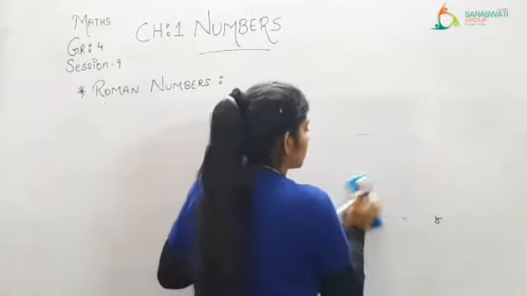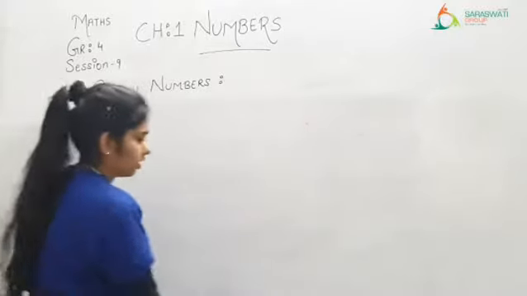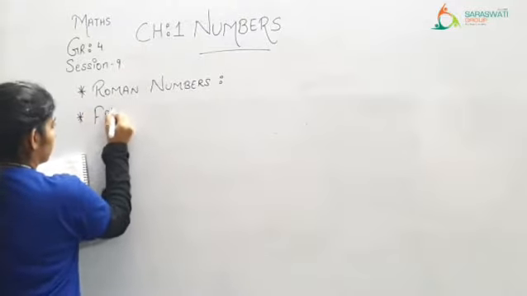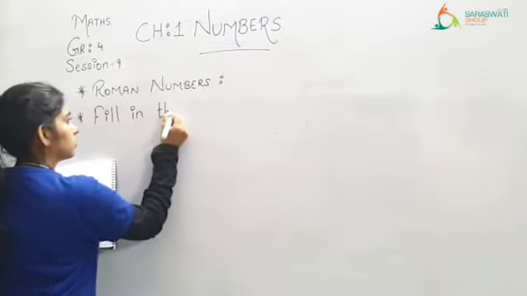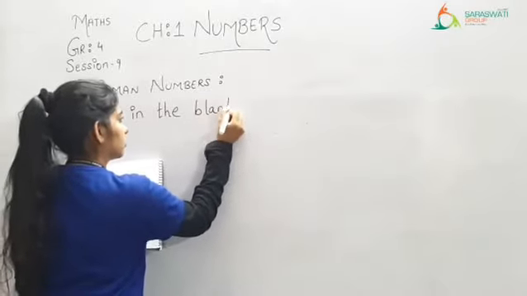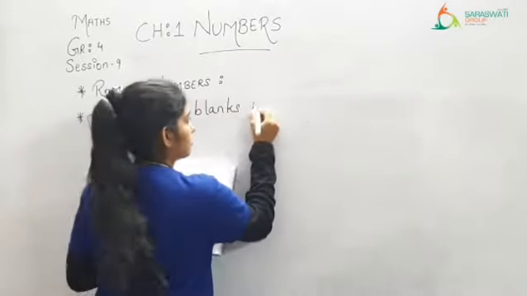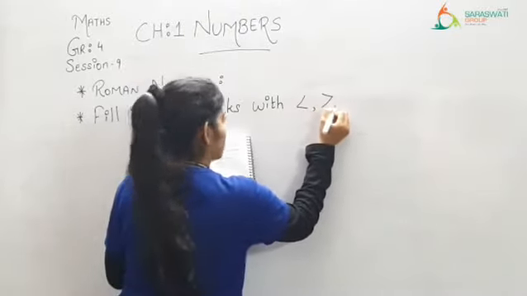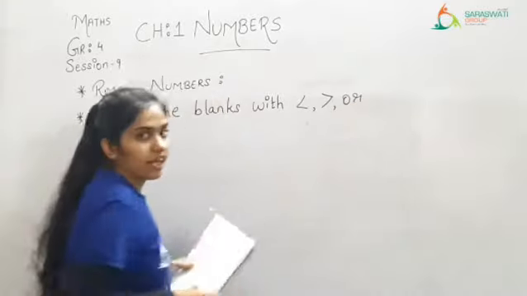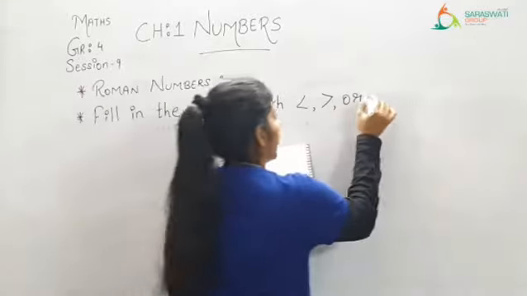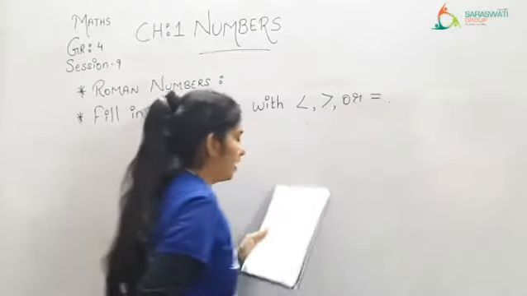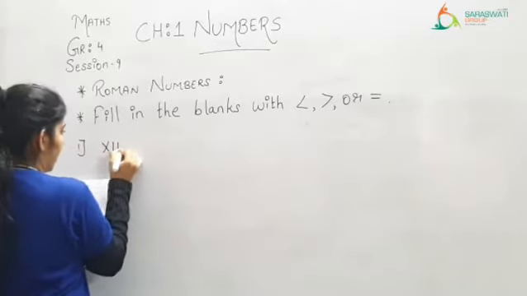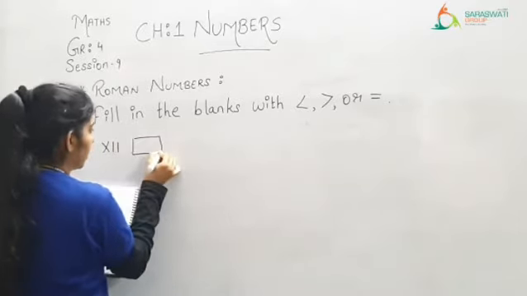So in that, fill in the blanks with greater than, smaller than, or equals to sign. Now in that, the first one is XII, then a box is given, and then